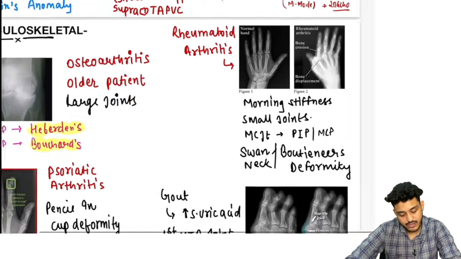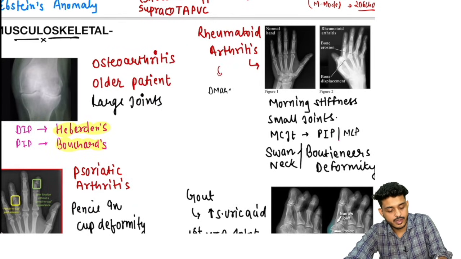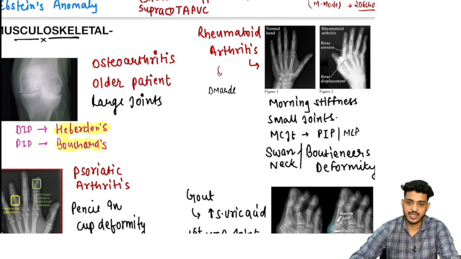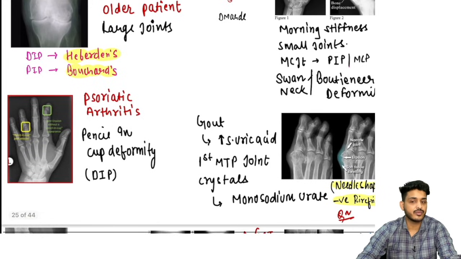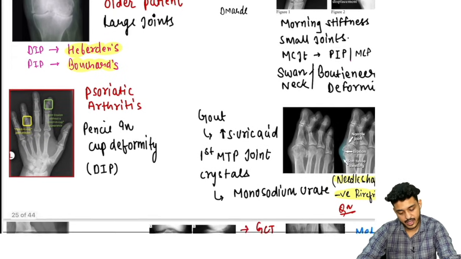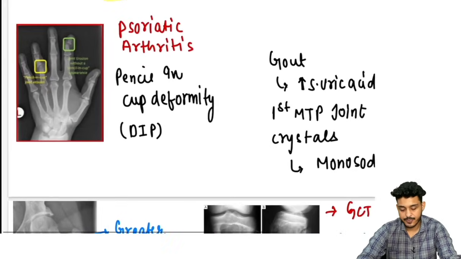For the treatment of rheumatoid arthritis, we are going to give drugs. These drugs are known as what? They are known as DMARDs, disease modifying anti-rheumatic drugs, or SAARDs, slow acting anti-rheumatic drugs, that we are having, right? We can use conventional, we can use biological, that you will be studying, right? Then we have got